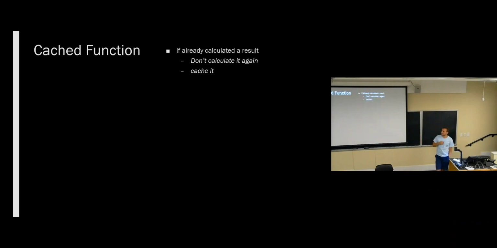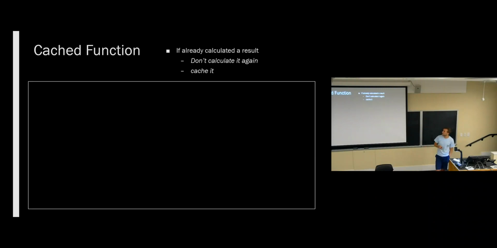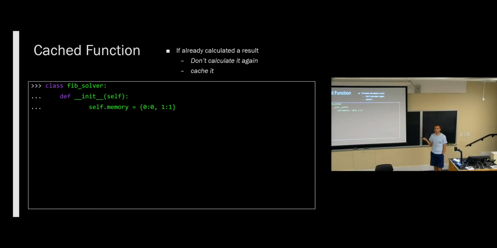One application of this is if you want a function that has a cache. A cache is state, it's memory. It's something that we have to keep in a variable somewhere. Without this ability, we'd have to keep that memory as a global variable. But because we can make our function an instance of a class, we can keep that memory as a class field. The classic example of a cached function is Fibonacci. Let's make it a class called fibsolver. The very first thing we're going to do is make some memory here, and we're going to remember that the fib of 0 is 0 and the fib of 1 is 1.